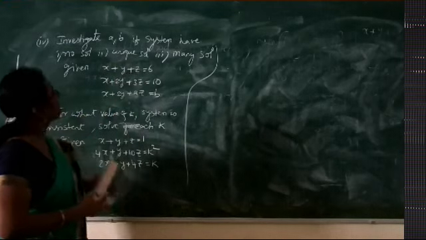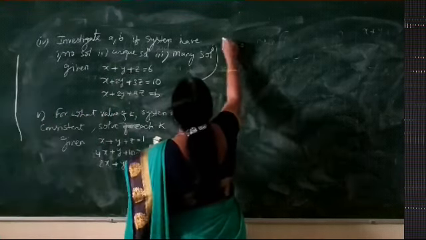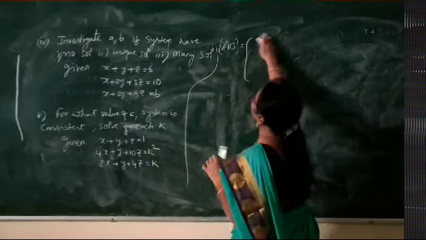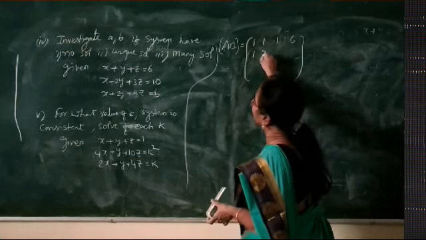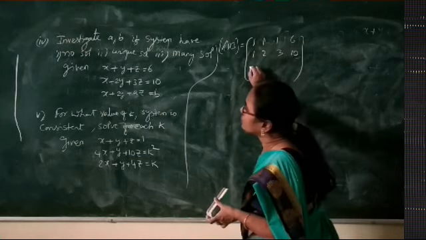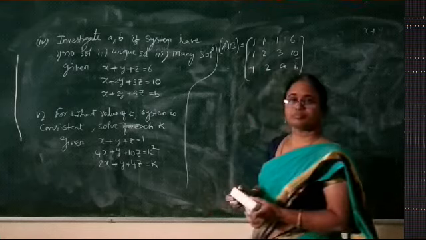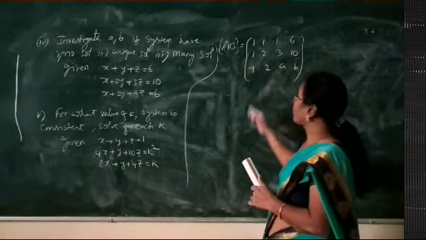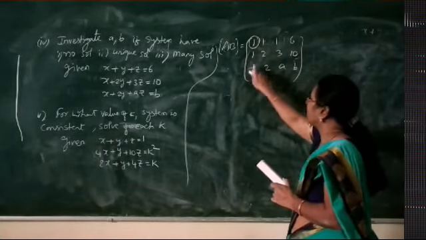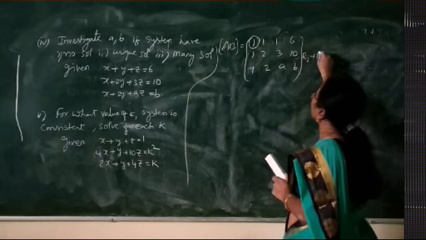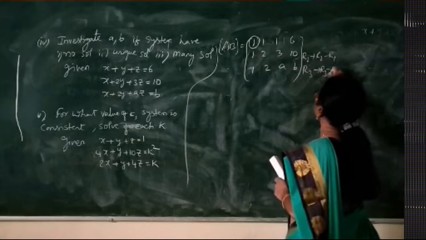Now from this first equation, when we write the augmented matrix, first row we have 1, 1, 1, 6. Next we have 1, 2, 3, 10. Next we have 1, 2, a, b. Let us convert this into echelon form. This is first row. Using this one, we make these down elements 0. So R2 implies R2 minus R1. R3 implies R3 minus R1.